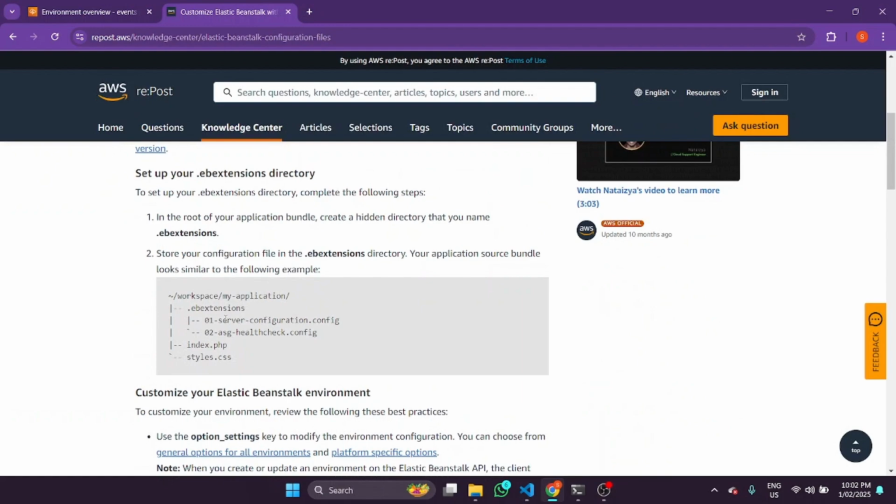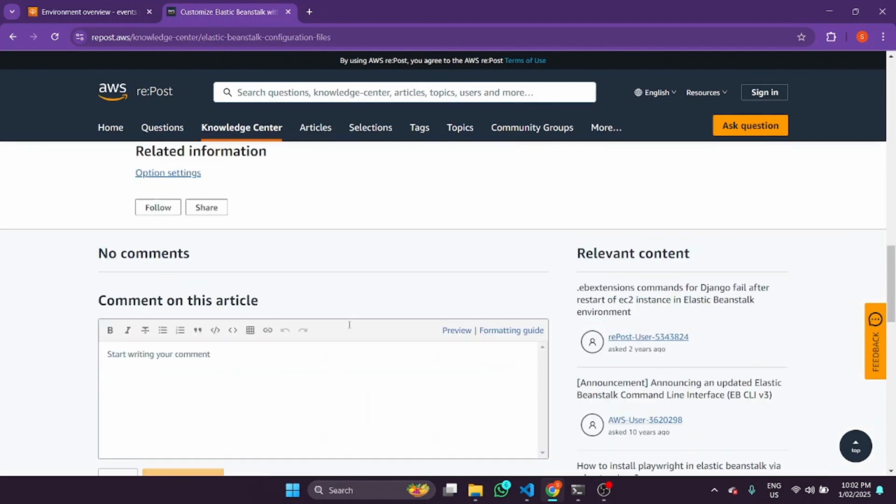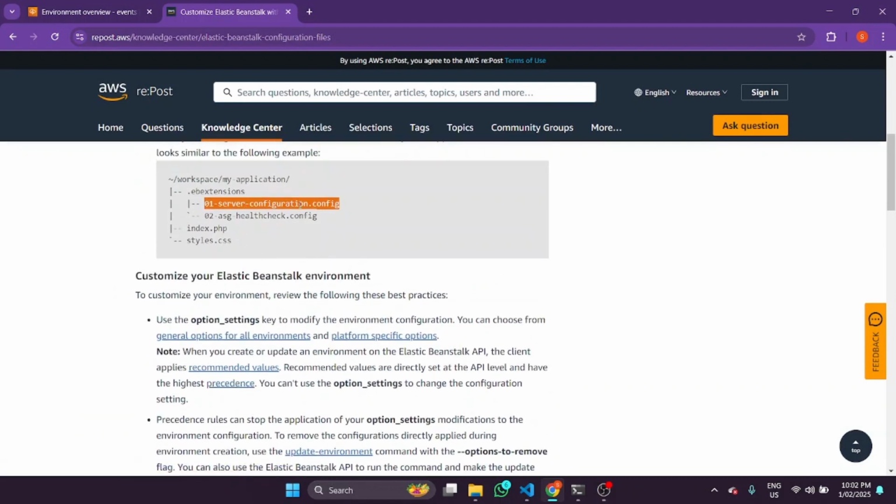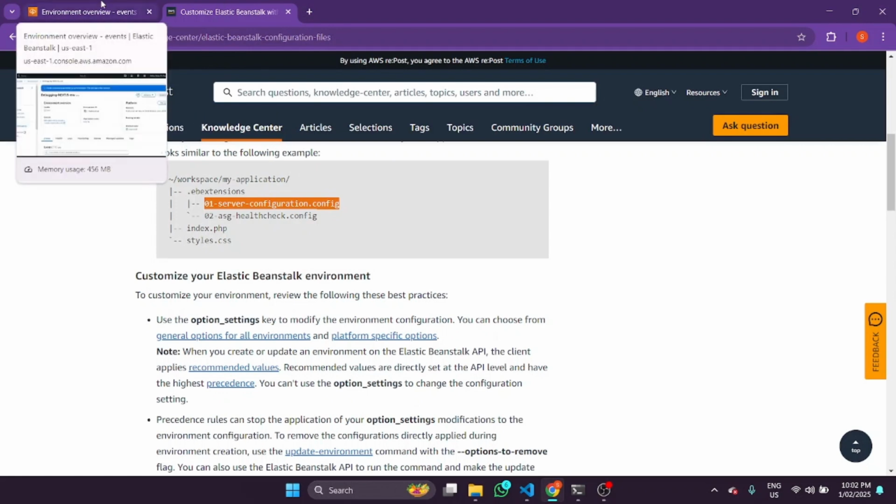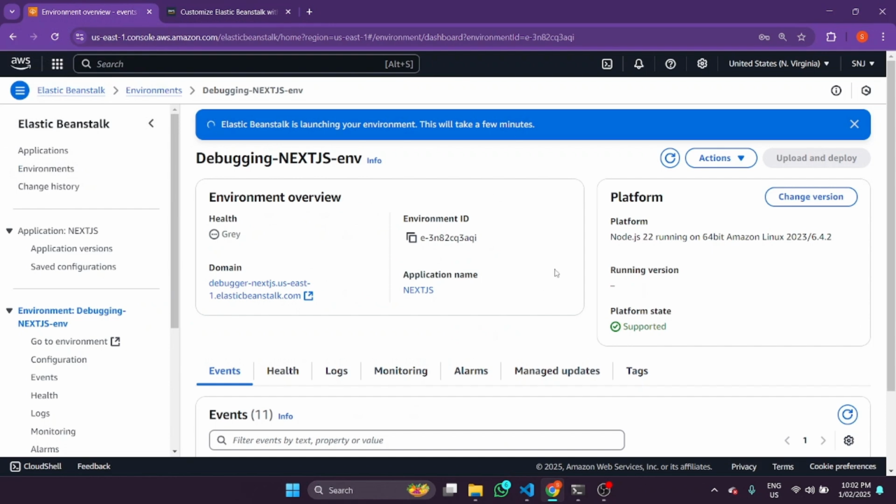It's supposed to be like this. You can create any server configuration and config file. You might have to research what's included in this, but I don't have one right now. But basically you can configure what commands you need to run, and if you want to create a file, especially when it comes to Nginx, you might have to modify some things automatically to point to 3000. So we're going to wait until this